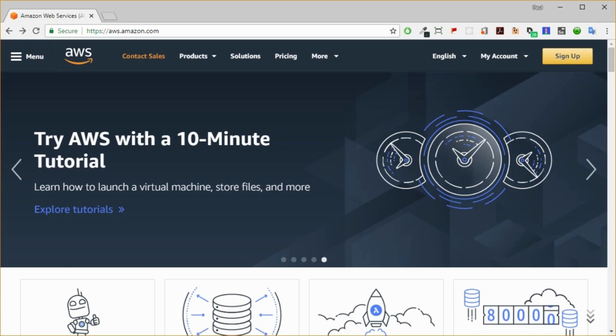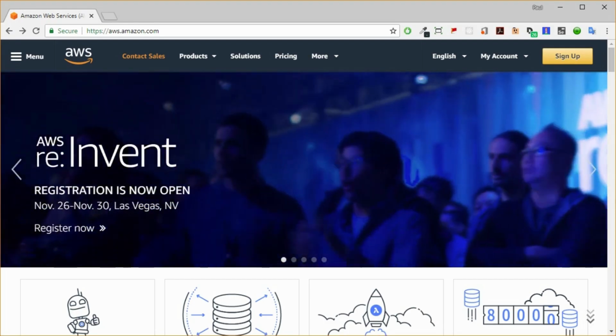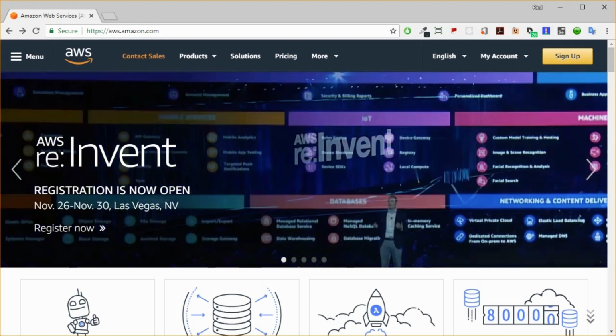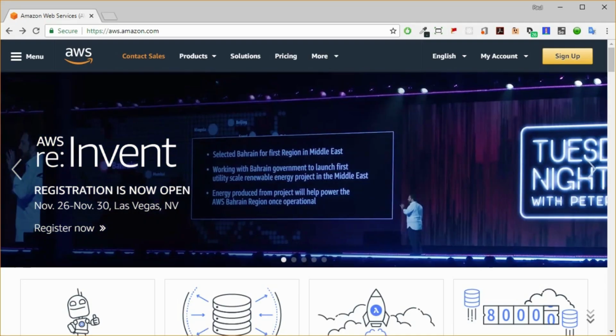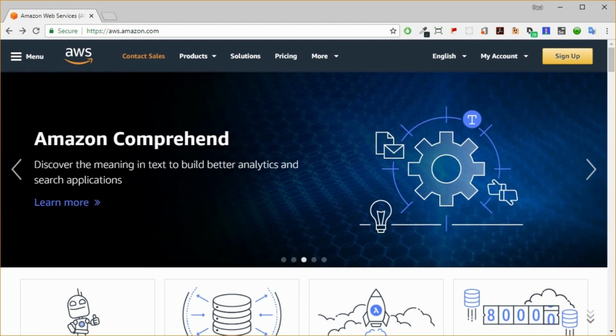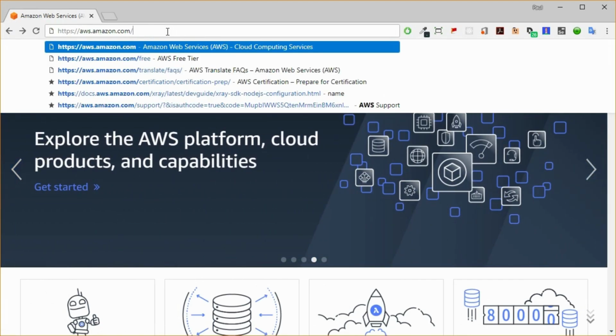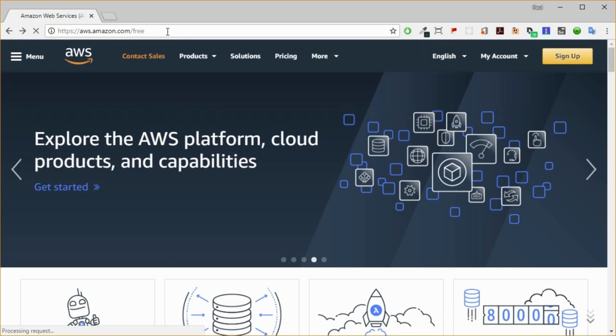I'd just like to very quickly introduce you to the AWS free tier. Now, up until now, everything that we've done with these labs has been covered under that free tier, and we won't be getting a bill for it, provided we deleted everything after the lab. We won't experience a problem there. So what I'd like to do now is first of all show you how to get to the AWS free tier website. So you go to aws.amazon.com, the AWS website, and it's simply /free.